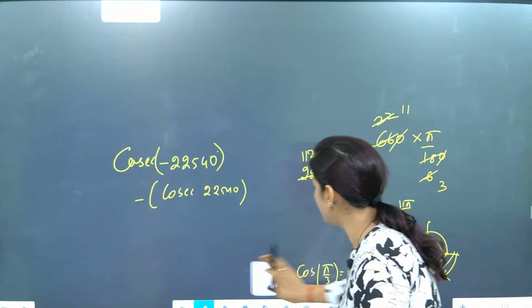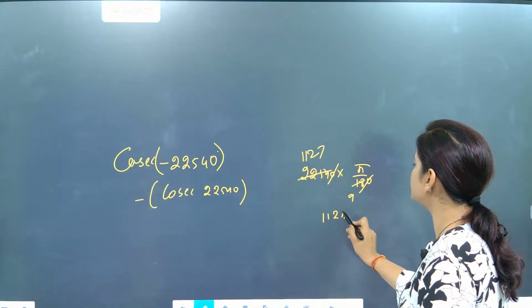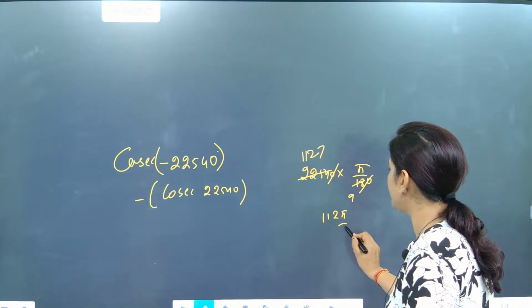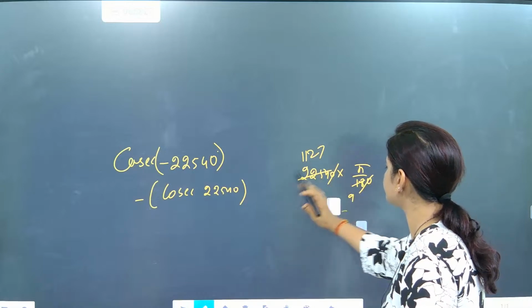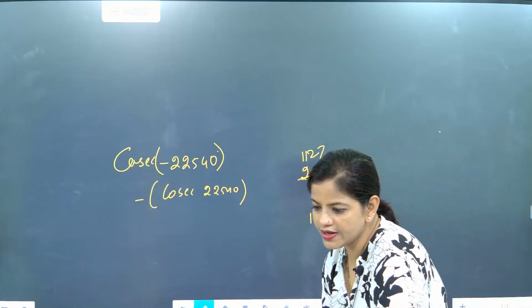Now just go for the simplest one. So it is coming 1127 pi by 9. Directly you do one thing, pi by 9. 1127 pi by 9, beta. The moment you are writing this, now use